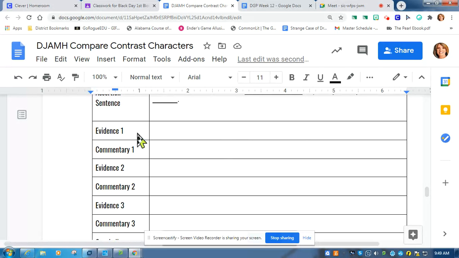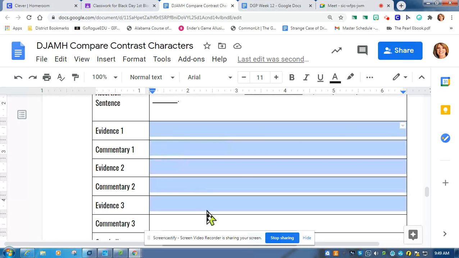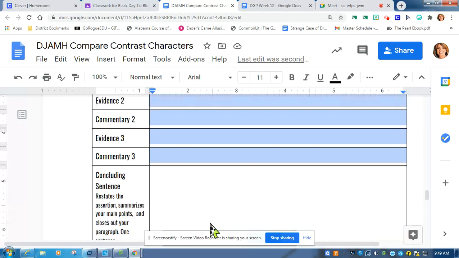And all of the evidence and commentary, you could probably just go ahead and highlight, well, I don't know, because it may capture boxes, like Zion said. You can get it all without it doing the boxes? Oh, good, okay. So highlight everything that you've put into this chart here then, and then press Control V